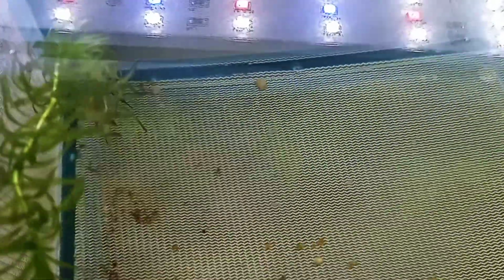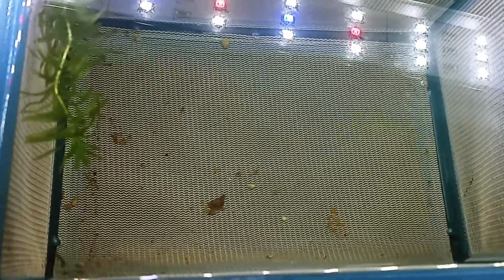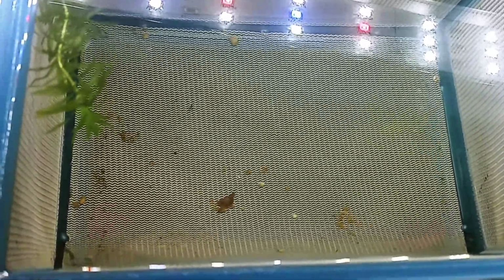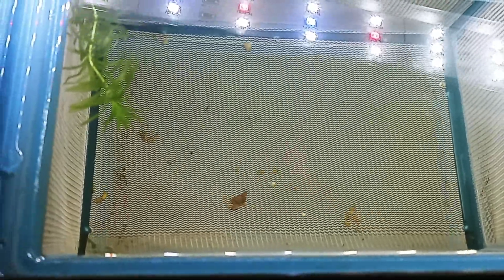So I just got this air going in here. Let's see if we can see some of the little specks moving. Try to get some light in here. Right, there we go. There's one scurrying around right there. Some of the eggs you can see that are here and here were white and never developed, but there goes one scurrying across. There's tiny little specks. I've seen as many as 3 or 4 scurrying around at the same time, but